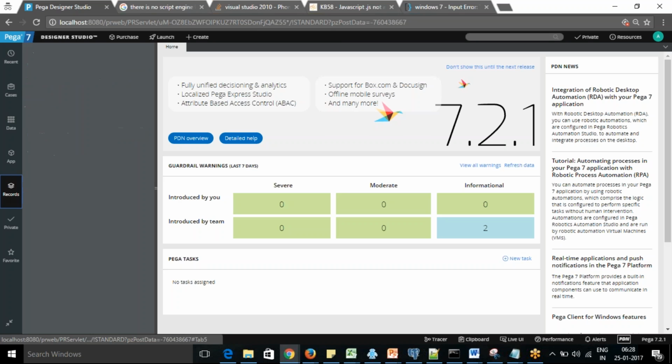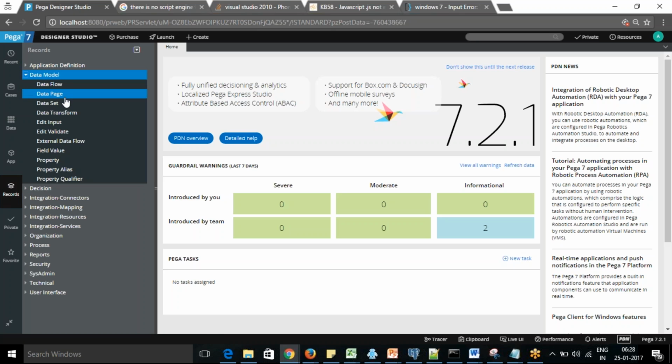Normally if you go to the records and see the data model, you can see all the different types of rules related to data. Mainly the variables which are there, we call them properties in Pega. So the main thing when you start is to understand the data model first.